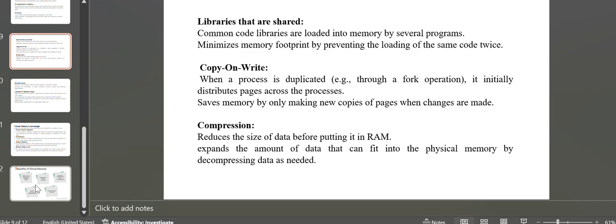Copy on write. When a process is duplicated, it initially shares pages across the processes. It saves memory by only making new copies of pages when changes are made. Compression: reduce the size of data before putting it into the RAM. Expands the amount of data that can